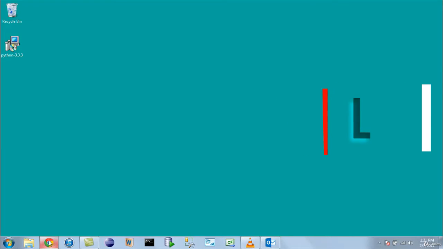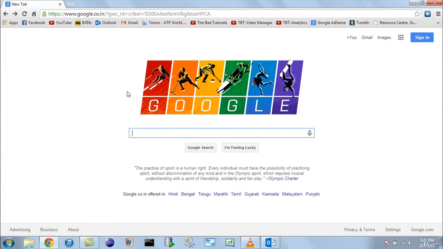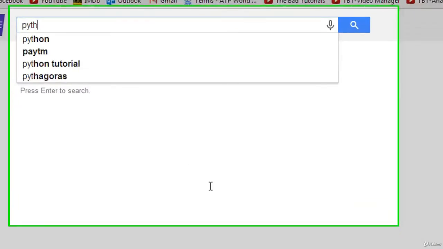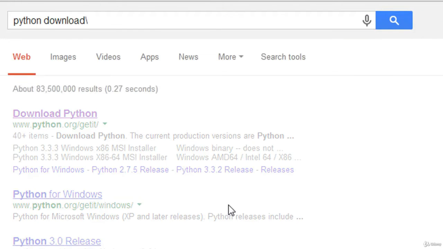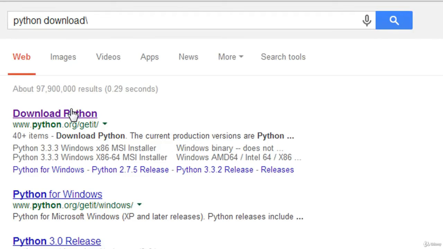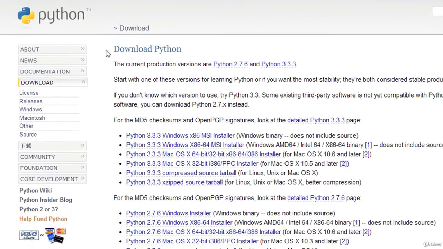I want you to access your web browser, and I'm using Google Chrome, and just make a search for Python download, right? Follow the first link that appears on the screen and you'll be directed to the Python download page. On this page you'll see a lot of files for a lot of different platforms. If you are a Windows user, then you can download the Windows version. If you are a Mac user, then you can download the Mac version, depending on your system architecture, of course.